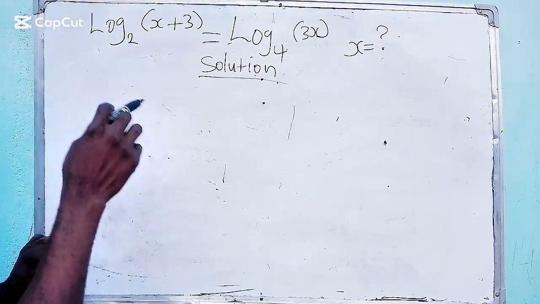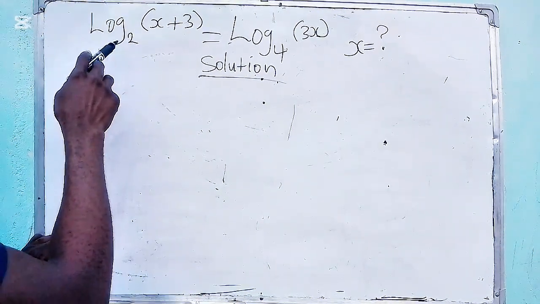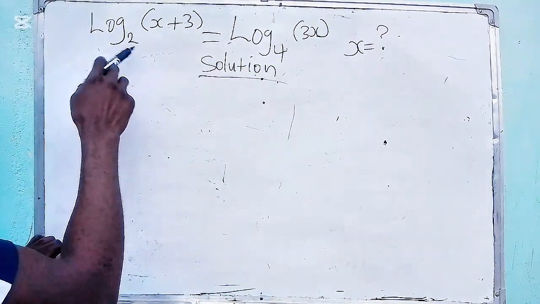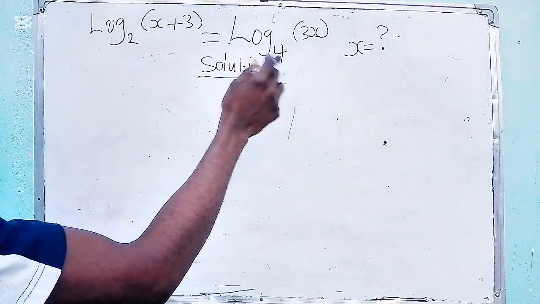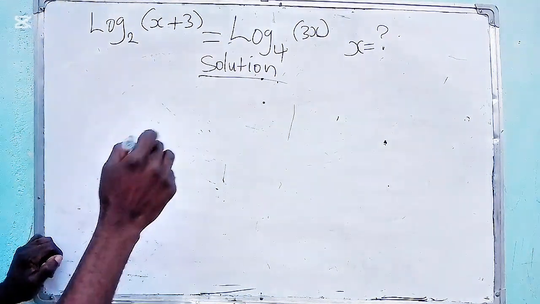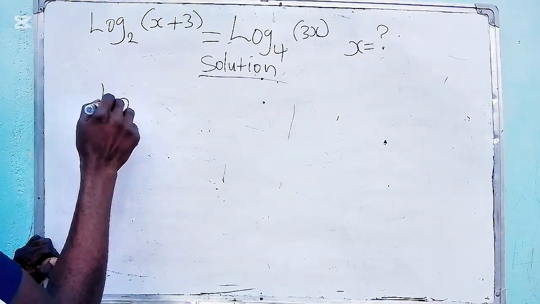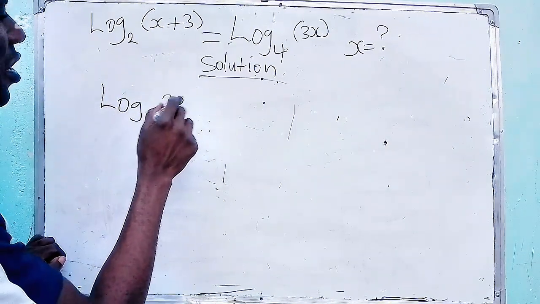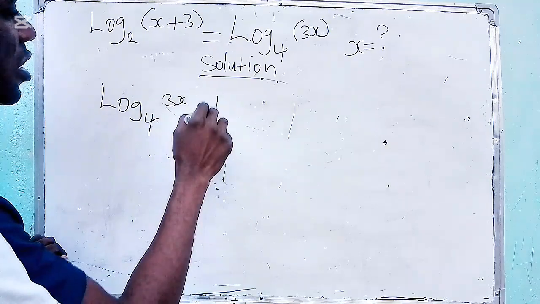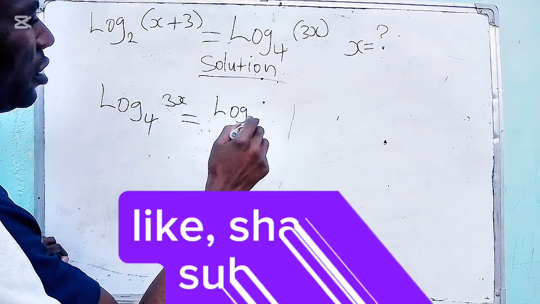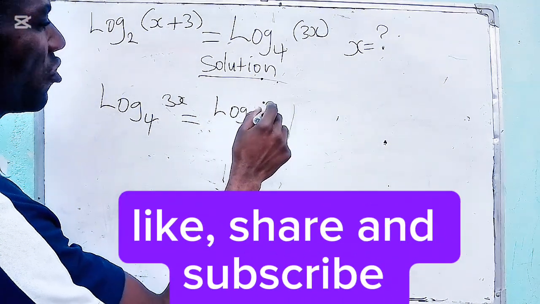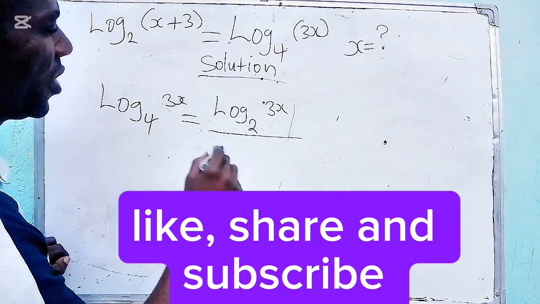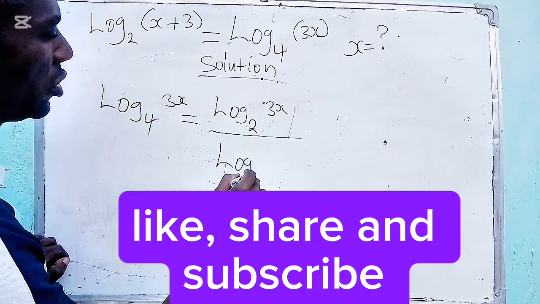The first thing to do is to make sure that the logarithm bases are the same. We have log 2 here, we have log 4 here. So let's first reduce this one to log 2 so that it can be easy. So log 4 raised to power 3x can also be written as log 2 raised to power 3x all over log 2